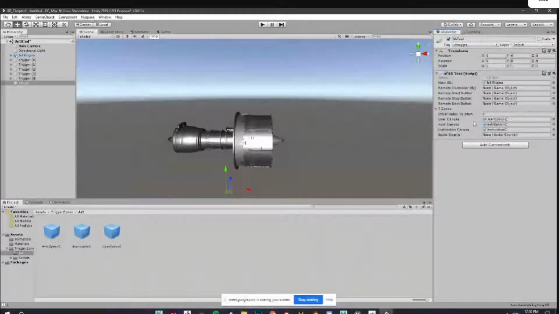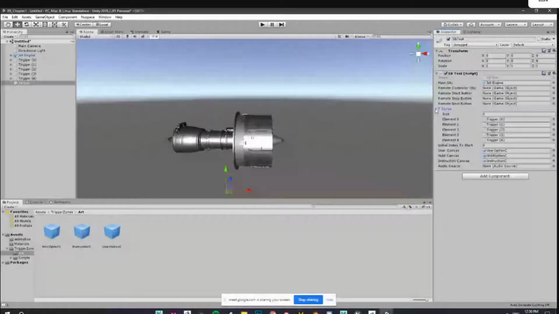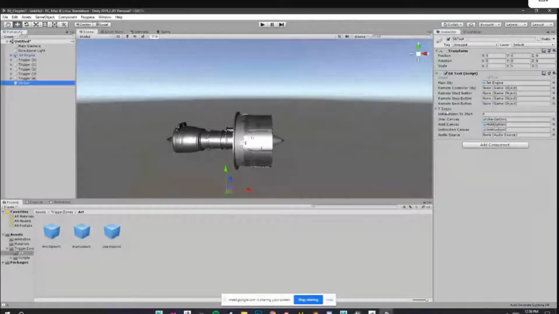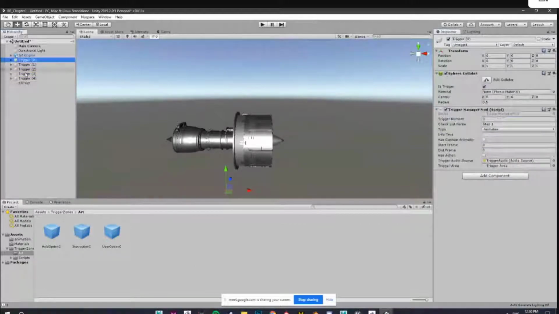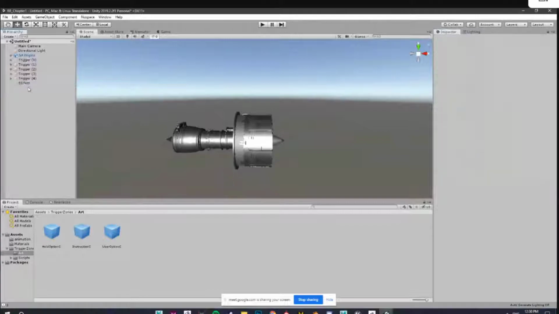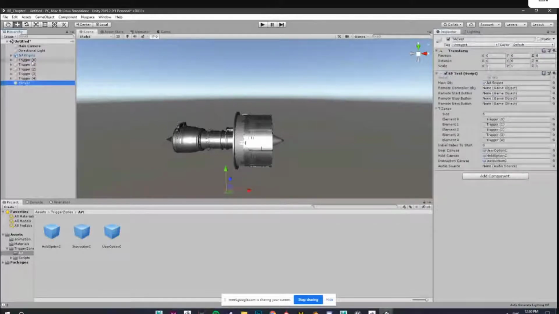Okay, so yeah, this is the thing. Also, if you click on T zones, you'll see how many triggers you have. Like five triggers, and each one is assigned to a particular trigger zone part. So trigger zero is there like this. Now to create a clickable action, we'll go to the very first trigger, and right now you won't see what is there.